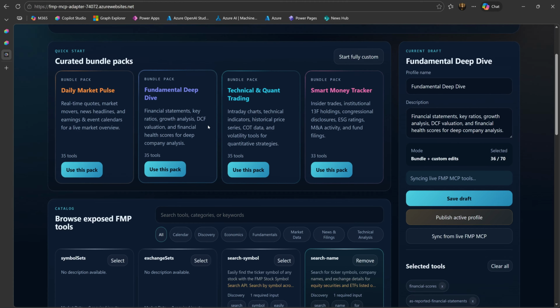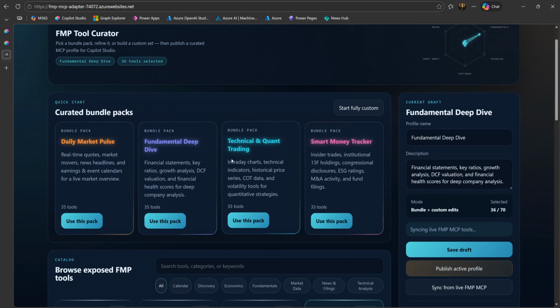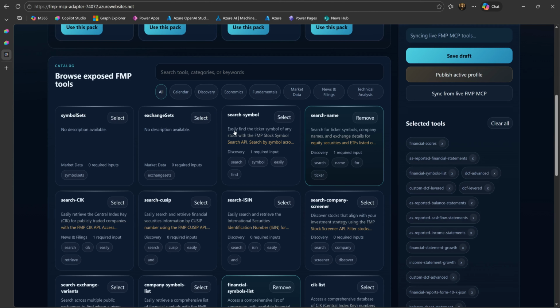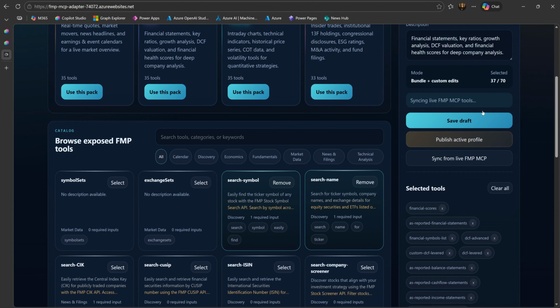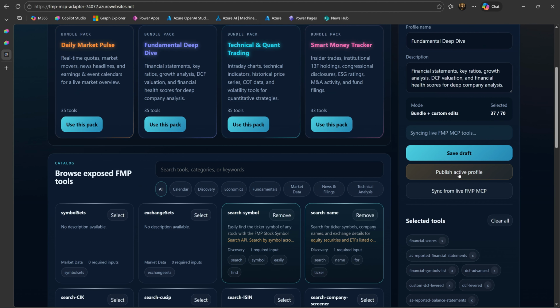But the problem could be these pre-made packs. I just asked the AI to make it, so they might not be well thought out, because to be able to ask questions, you need to know what the company is. So let me just add search symbol and search name. So that will be a total of 37 tools. We will go publish it,